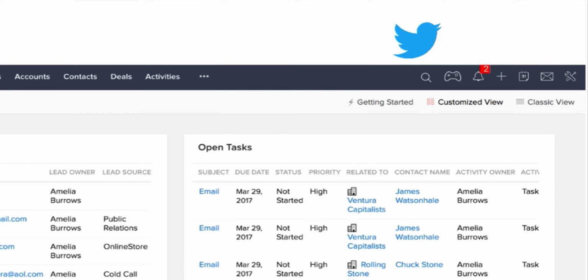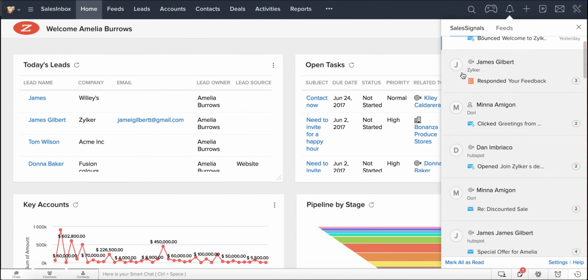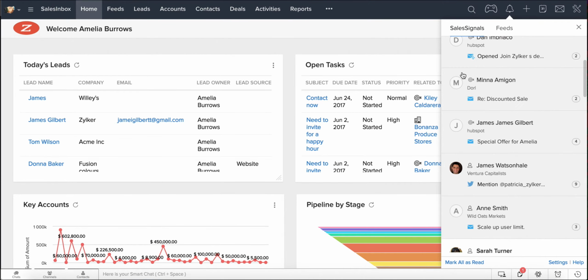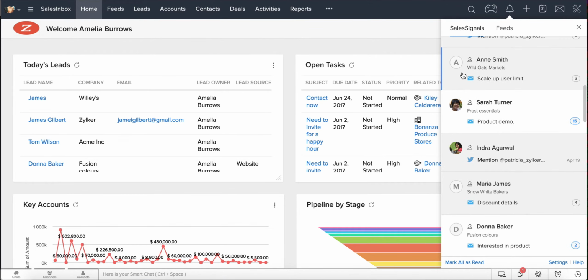The bell icon at the top right corner will instantly notify you about the customer actions and help you keep track of all your customer activities by displaying them in an organized timeline. Each notification will give you enough details to take a quick glance at what is important to get going. You can always click on the notifications to get more details related to the records.